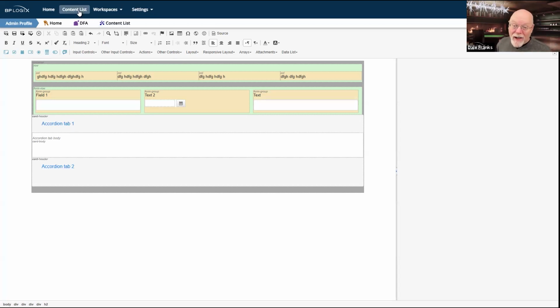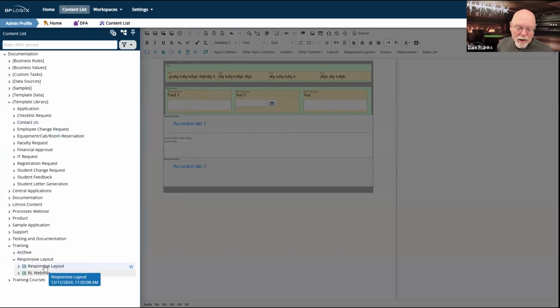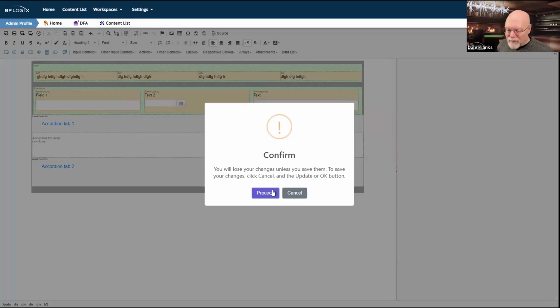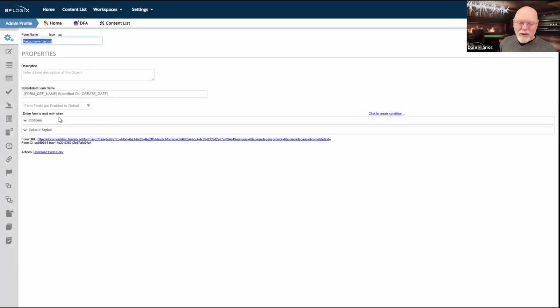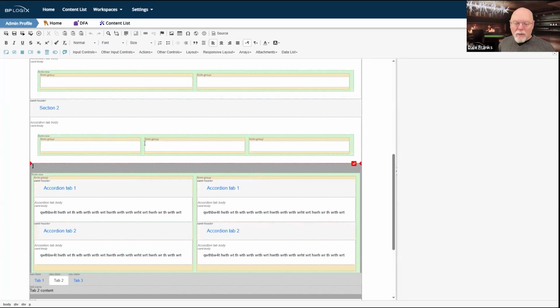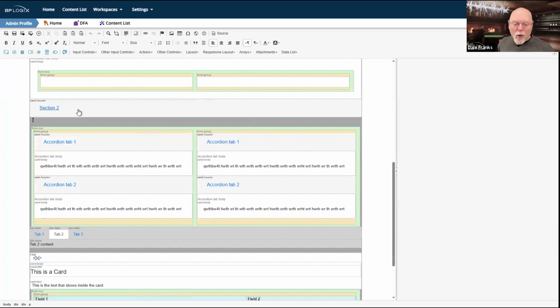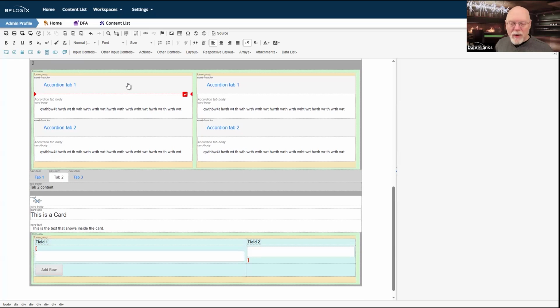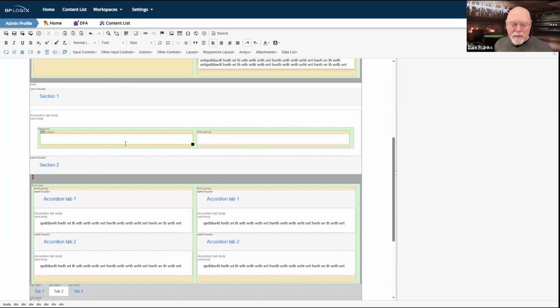So having done that, now let's go back to our responsive layout form now that I've figured out which control is which. And we'll go back into this form. So what I've basically got is accordion controls here that I have thrown in, in this case, just in the container control itself.